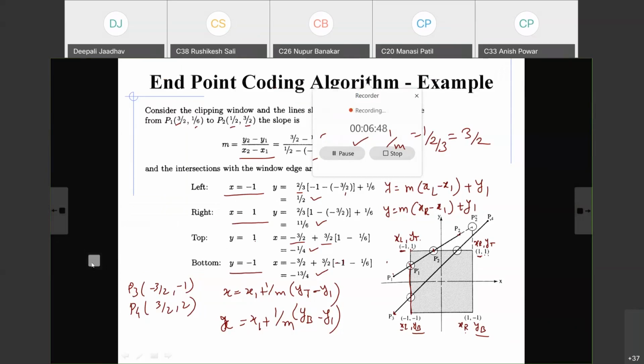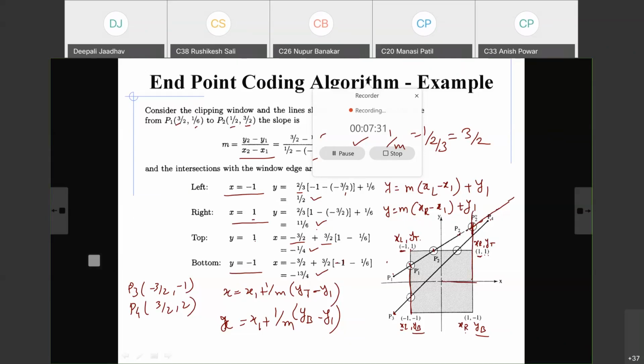See, this is minus 1, 1/2. What does it indicate? This is the intersection on the left. So when this line goes to the right-hand side, where it touches the right, that value is 1 and 11 by 6. Don't confuse this. Again, I am explaining that the first point on the left intersection is minus 1, 1/2, correct? And this is on the right. So when we draw the line like this, it intersects the right-hand side also. That point is 11 by 6: 1 on the x-axis and 11 by 6 on the y-axis.